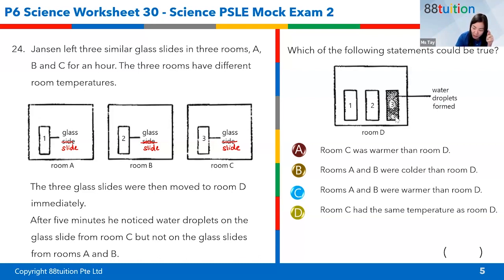Good. So that means this particular glass slide must have been very cold, right? So it was in a cold room. Okay. So it must have been contained in a cold room previously. When you bring this glass slide into room D, water droplets form. So these came from warm rooms, okay, or warmer rooms. That's why they don't have the water droplets form. That's why our answer is C. Any question here? I can go on quicker.